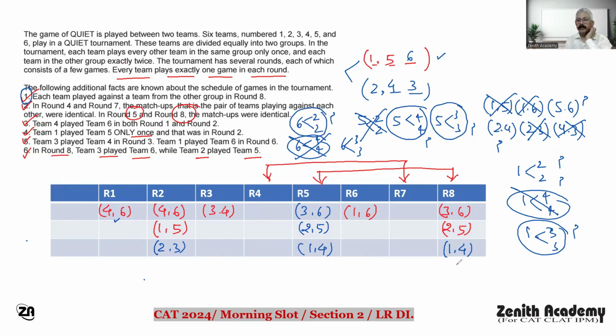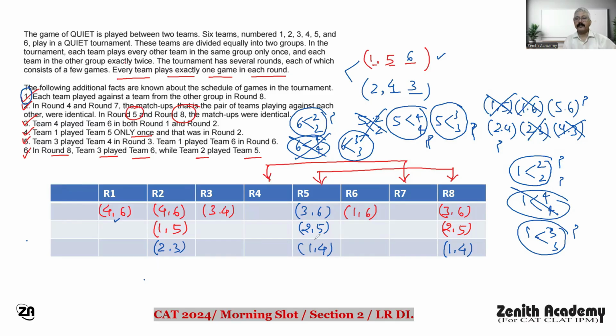Right. 6 with 3, 6, 3, and 6, 3. So okay, this is 1. So it means 6 is to be arranged. 4, 5, 5, 4, 5, 4 is to be arranged. Right? 5, 3, 3 arranged. This here 1, 2, 2 arranged. Is it right? And 5, 6, 2, 4 is arranged.